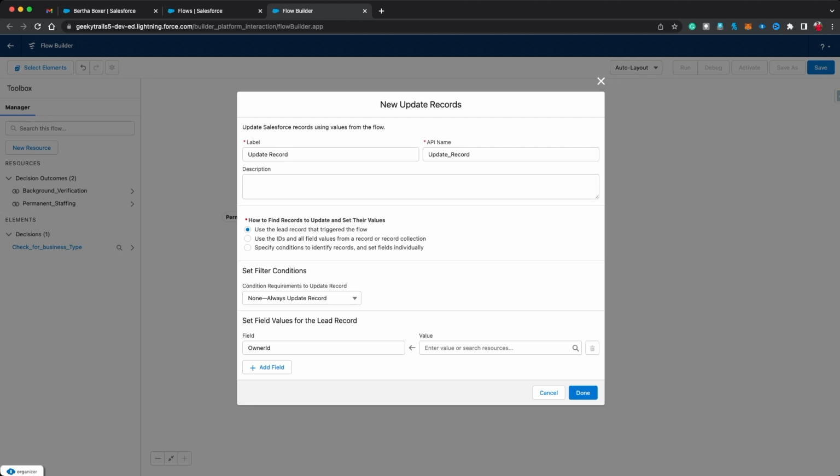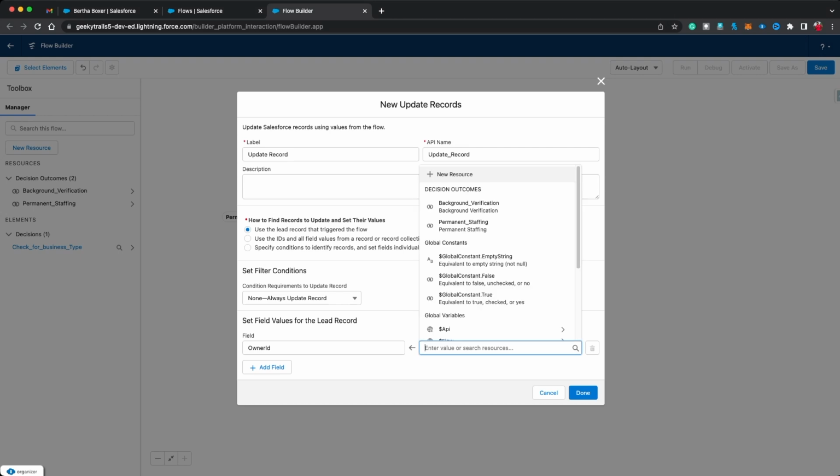But simply I don't want to make it complicated for a normal user who just wants to assign that particular lead to a particular user, right? I will let you know what I am talking about. So let's say I am going to map this owner ID to, let's say, permanent